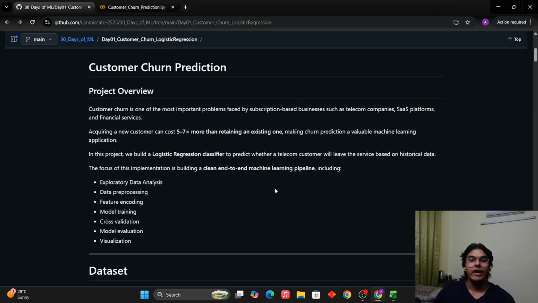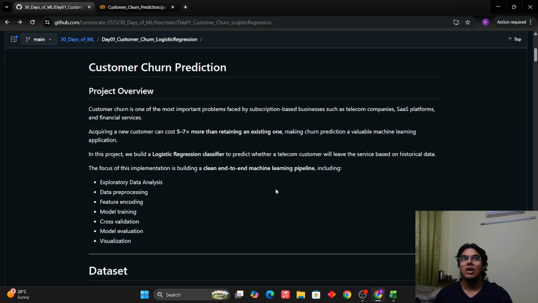So, first things first, getting to the problem, customer churn. If we take any example of a subscription-based service, it can be Netflix, it can be your phone bill, it can be a SaaS platform, it can be your monthly ChatGPT subscription, it can be Airtel, Vodafone, Verizon, whatever bills you pay monthly. There is always a risk that we, as the customer, might leave their service, right? Us leaving their service basically costs business loss to the organization in question, right?